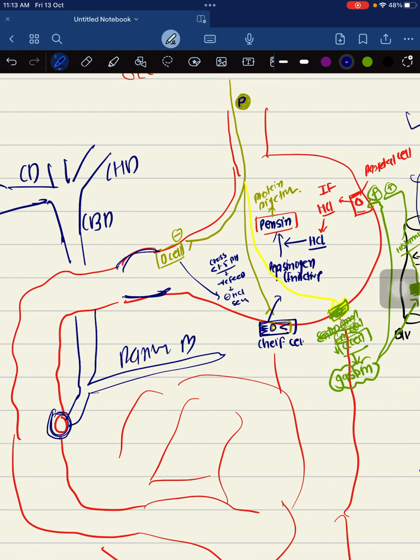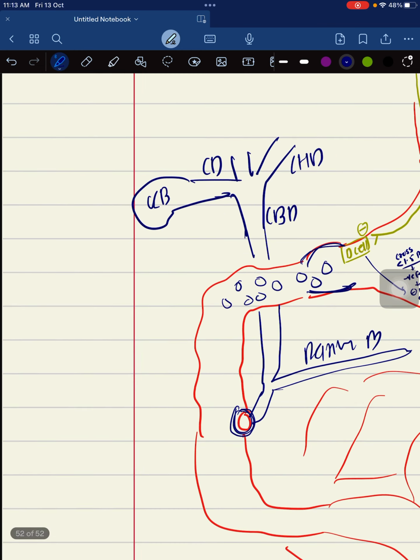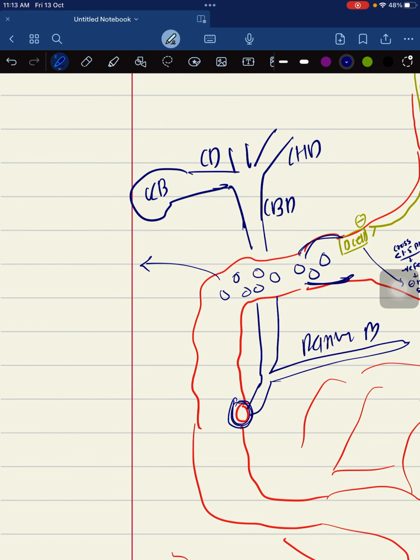This pyloric part, when food comes inside the duodenum, the first thing is that the food coming from the stomach is acidic. The duodenum cell wall is not suitable for an acidic environment, which may damage the duodenum. So we require bicarbonate to neutralize